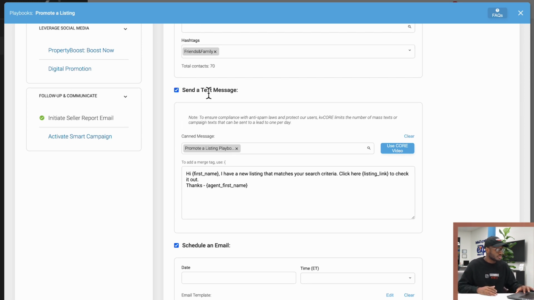So if you see here, both of those are checked, okay? So we can send a text message. It's already filled out for me. I don't have to do any fancy editing myself. Feel free to come in here and write your own text. However, KvCORE has plenty of templates ready for you to utilize, so you don't even have to lift a finger,